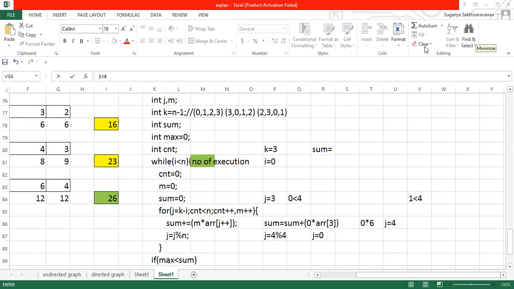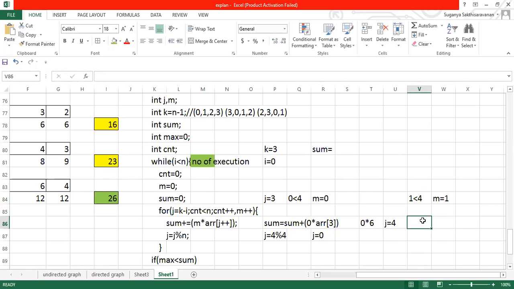Yes, for every value. Let me proceed with the one or two steps, you'll be clear. Okay, just give me a minute. Let me proceed. So now your counter value will become 1. Already your counter value is 0. When I come here, your counter value becomes 1. And the m value also will become 1. Here our m value is 0, which is nothing but the 0th index. So 1 less than 4, it is done. Which means that one iteration is completed.